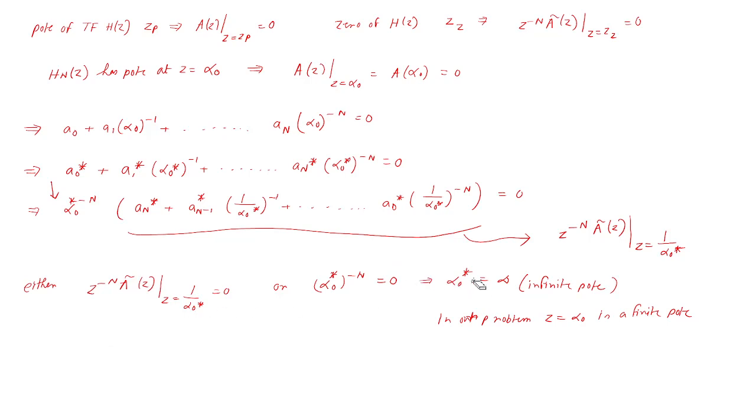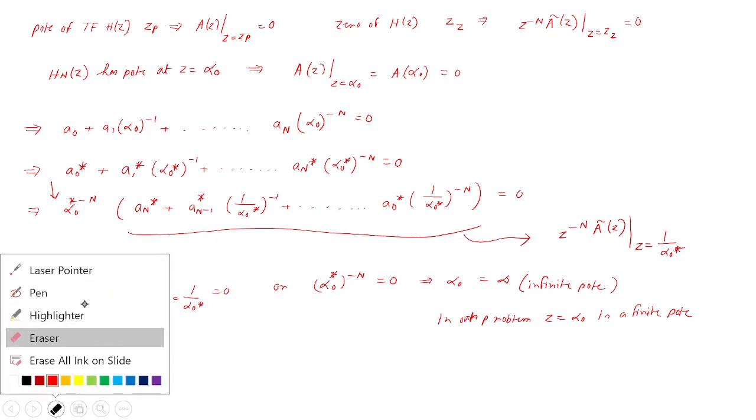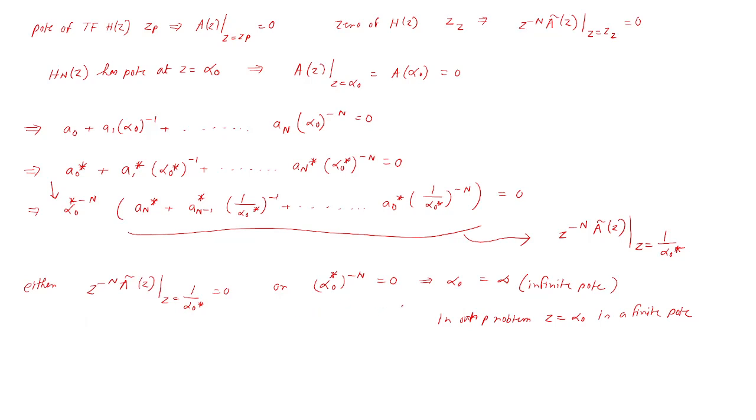alpha naught star, you can write alpha naught also, they are similar only. Alpha naught needs to be infinite. This is an infinite pole problem we encounter, but according to the given problem, the transfer function has a pole at alpha naught, which is a finite pole. So this clearly contradicts the problem statement. Therefore this one holds, and if this holds, this is nothing but the